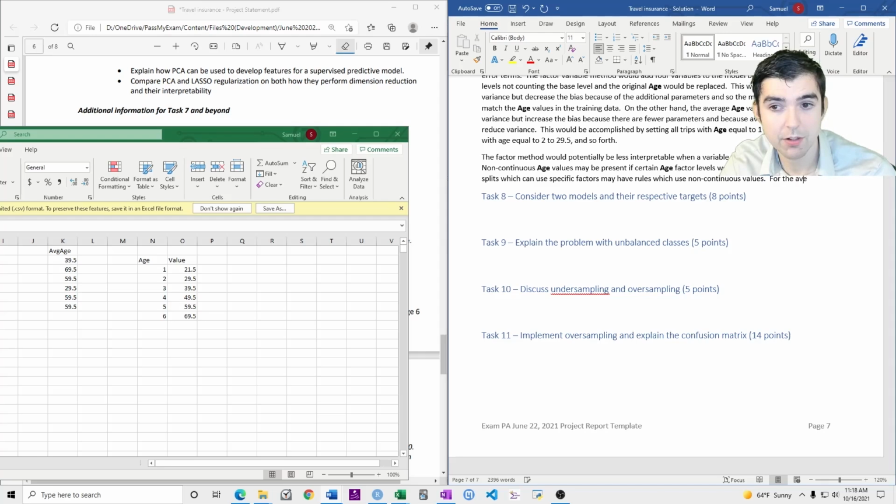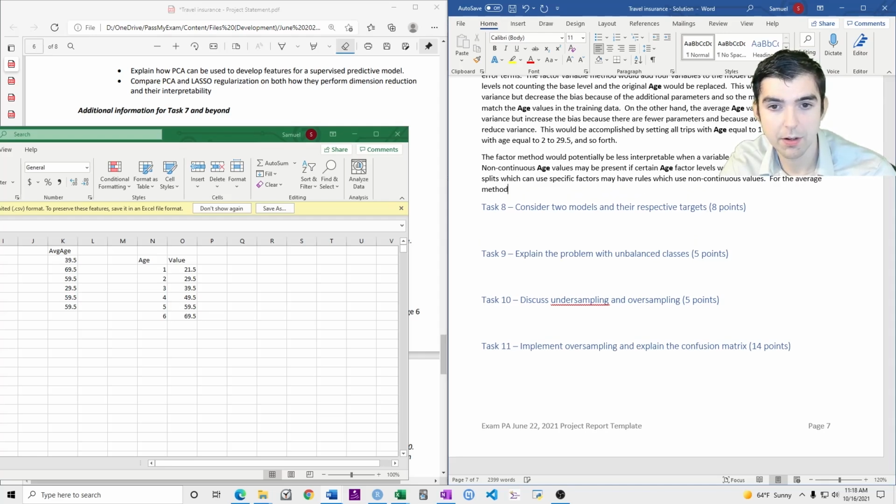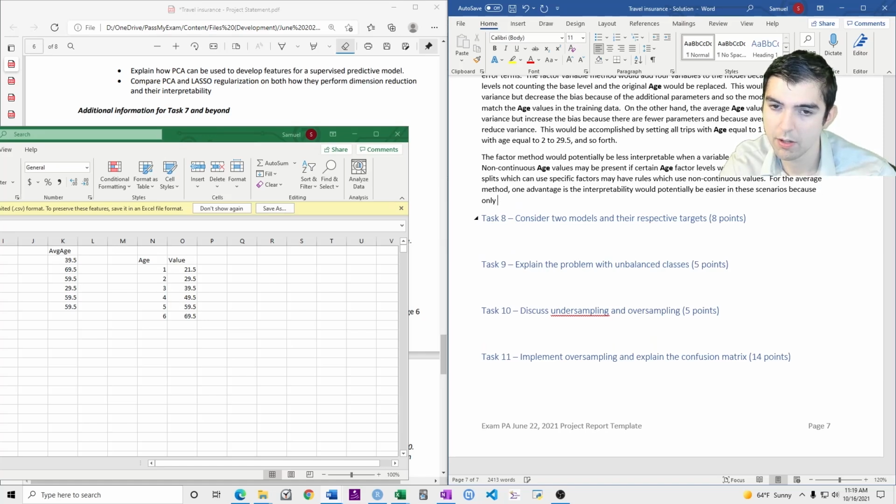For the average method, one advantage is that interpretability would potentially be easier with these scenarios because only a single coefficient, a single variable, would be used.